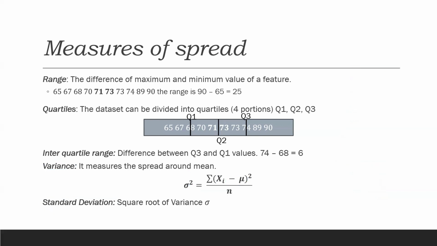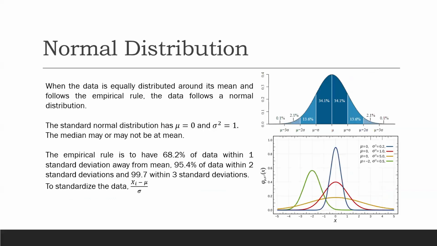Okay. Now what we'll do is we'll try to look at what is normal distribution. So far we have discussed descriptive statistics. In descriptive statistics, we saw two parts. One was the measures of central tendency and the other the measures of spread. When I talk about measures of central tendency, it is all discussing the central values of the data, like what is a mean, what is a median, what is a mode. And when you talk about measures of spread, it is looking at how scattered the data is, like how it is placed around the center.